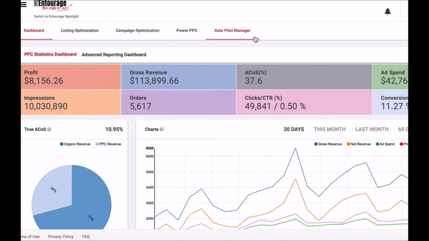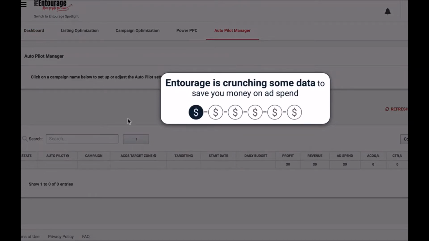We have the Autopilot Manager. Now this is brand new. We just added this tab up over here. And the reason being is that in the very near future, there's going to be a lot of new features inside of the Autopilot. You're going to be able to do campaign expansion inside of the Autopilot and some more advanced keyword optimizations. So if I go into the Autopilot Manager, you're going to see that the instructions say to